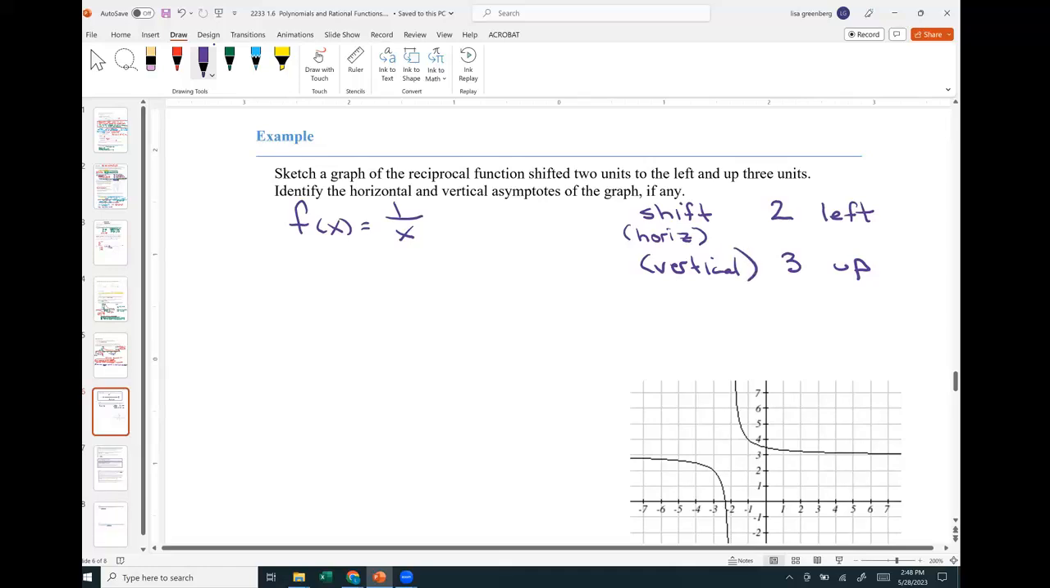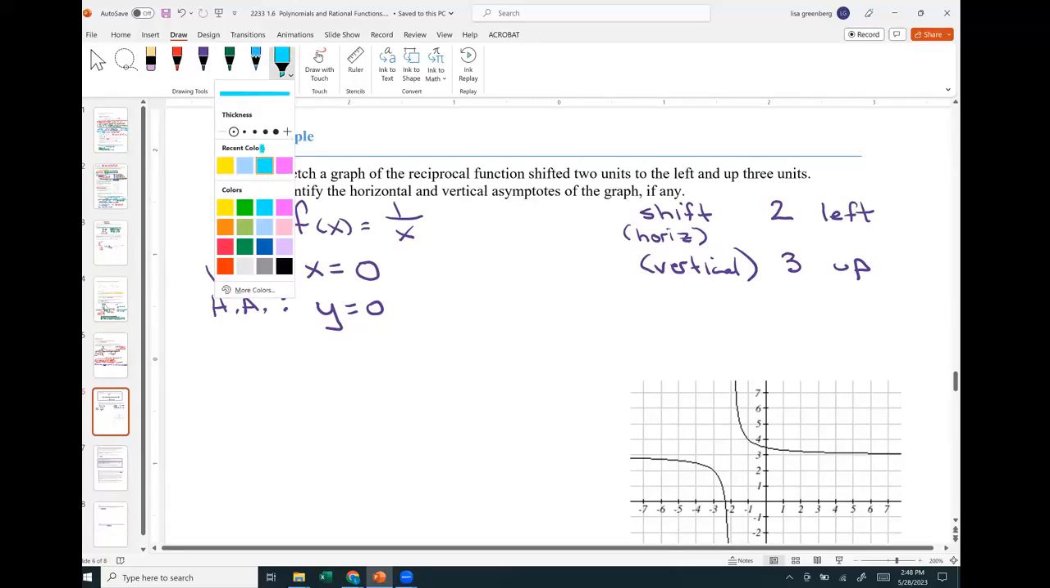Well, on our original 1 over x, we said our vertical asymptote, and I'm going to abbreviate it as VA, is x equals 0. And our horizontal asymptote is at y equals 0. So if our vertical asymptote is normally right here,